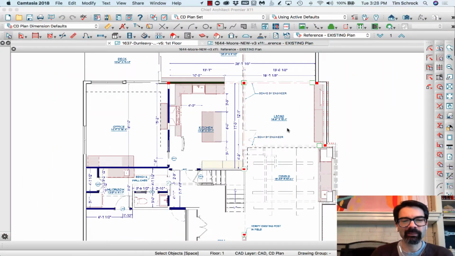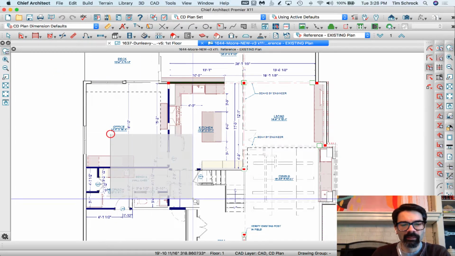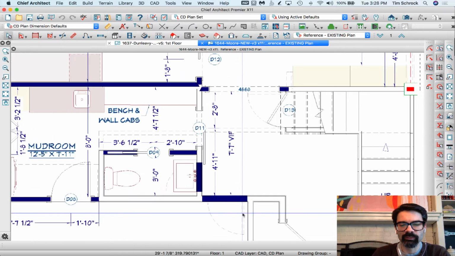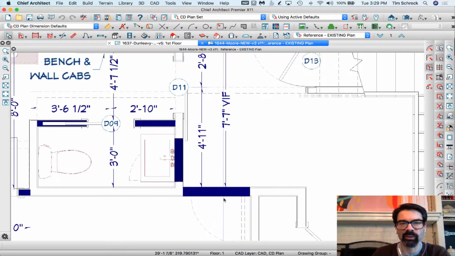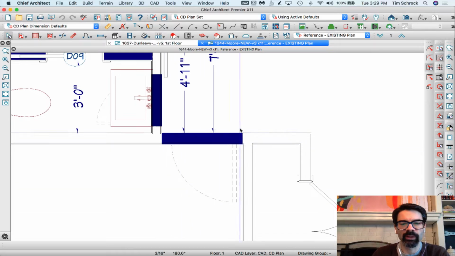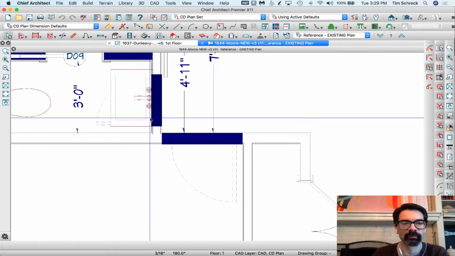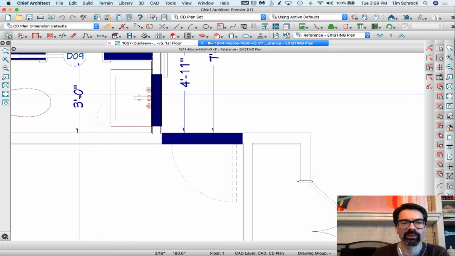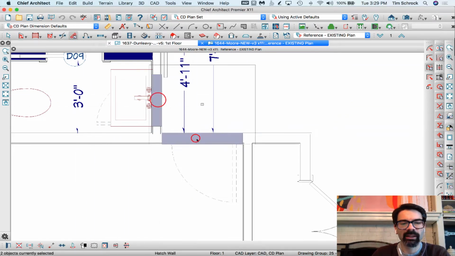Okay, in today's tip, as I said, I'm going to show you a couple different ways how I use my template to fill in spaces where there used to be a door or a window. In this case here that I'm looking at in the middle of my screen, there used to be a door from the garage in, and we've moved it around the corner. There also used to be a door into the bathroom here where we have the sink. In these cases, I have selected to make a